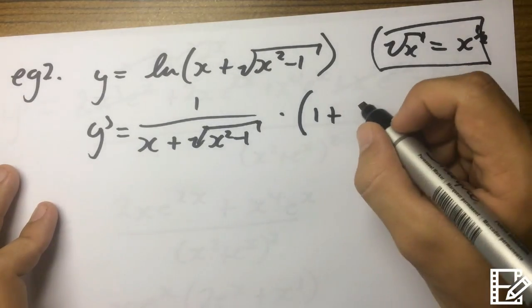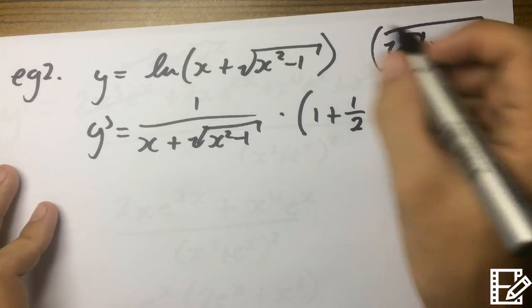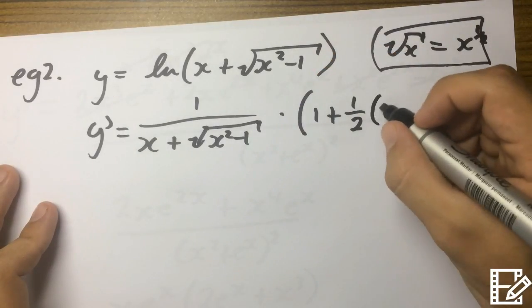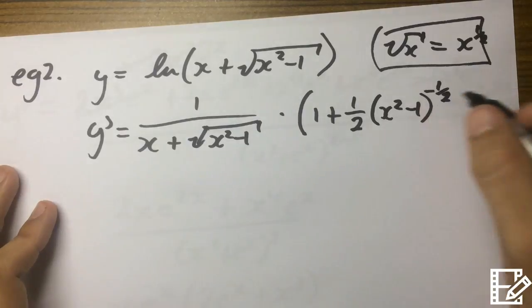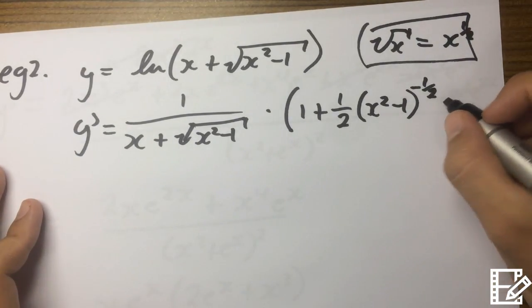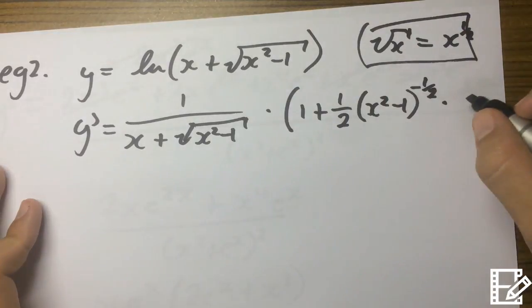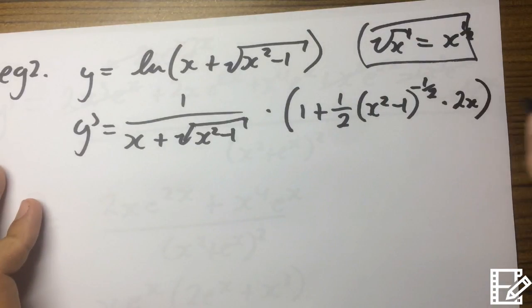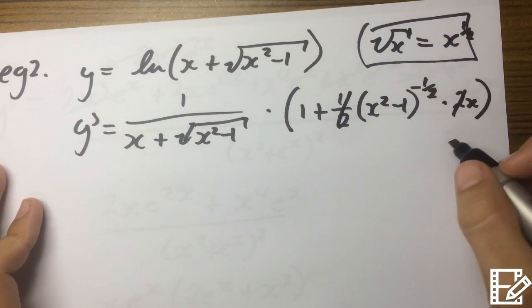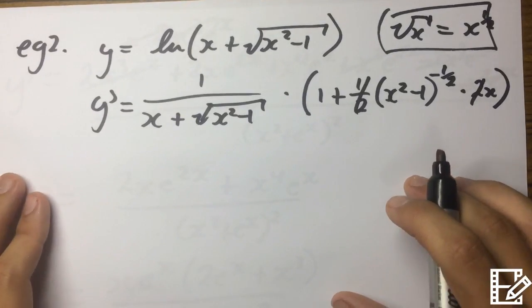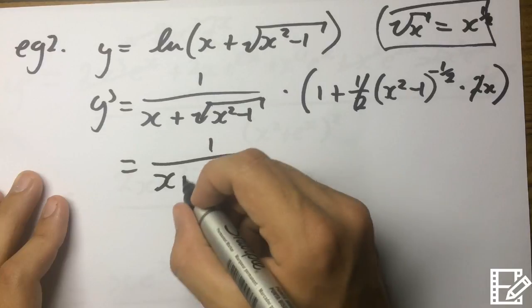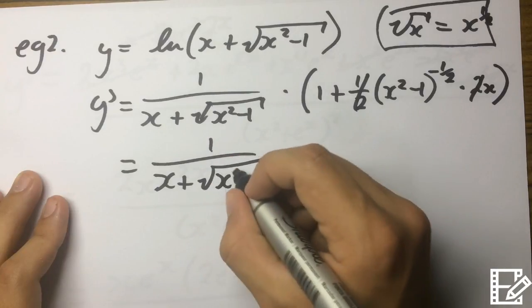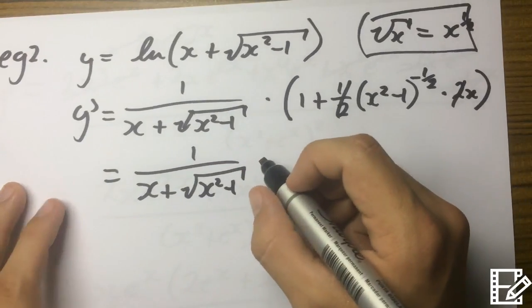So what we're going to have is bring the power down, leave the inside the same, take 1 off the power, take 1 is negative a half, and then multiply by the derivative of the inside, which would be 2x. We can cancel the half and cancel the 2, and this is what we're left with. So 1 over x plus square root of x squared minus 1